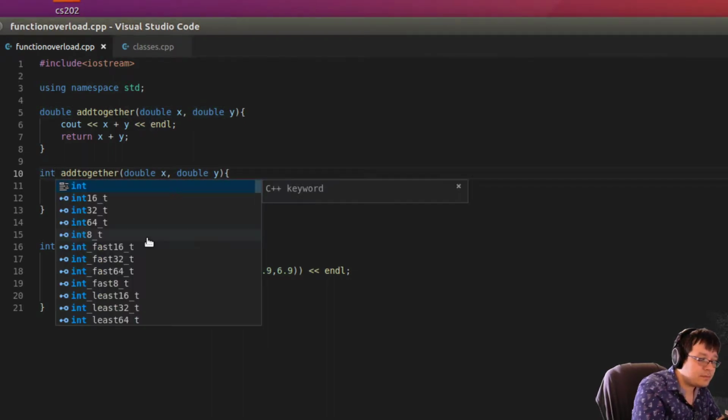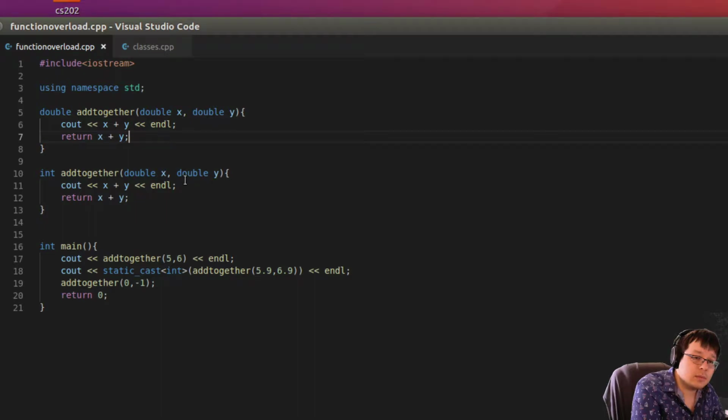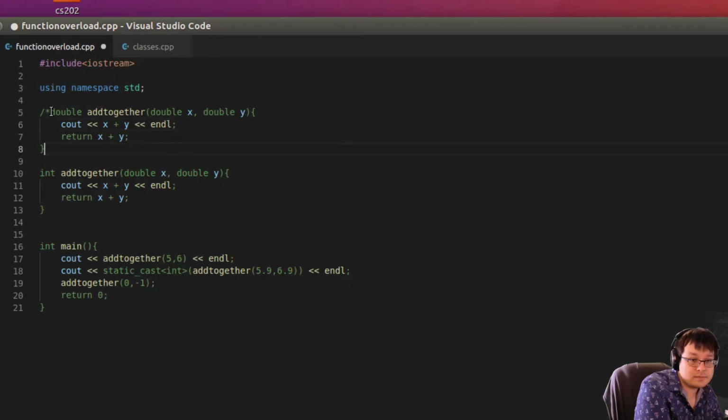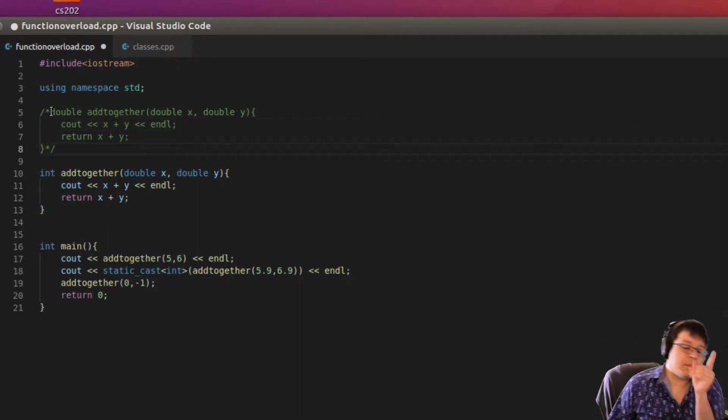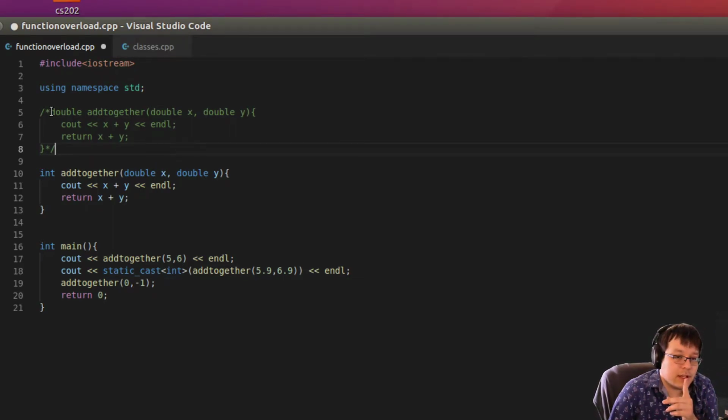Now, why does this matter? Well, here's the thing. If we leave this as an integer, or if we leave it like this, actually, and let's comment this out for a second. You're going to get different computation by doing it this way than by casting the parameters. Because here's the thing: 5.9 plus 6.9,